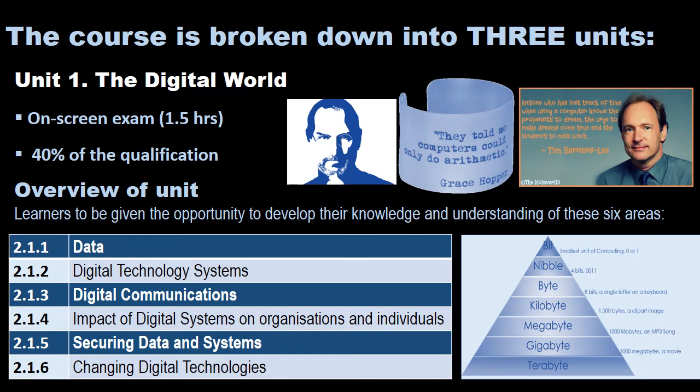We will look at 6 particular units. These units will be broken down into subunits. So we will look at cybersecurity, we will look at GIS systems, we will look at the smartphones, cloud storage, we will look at how data is broken down into units, we will look at networks. So it's the whole gamut of computing and the digital world.